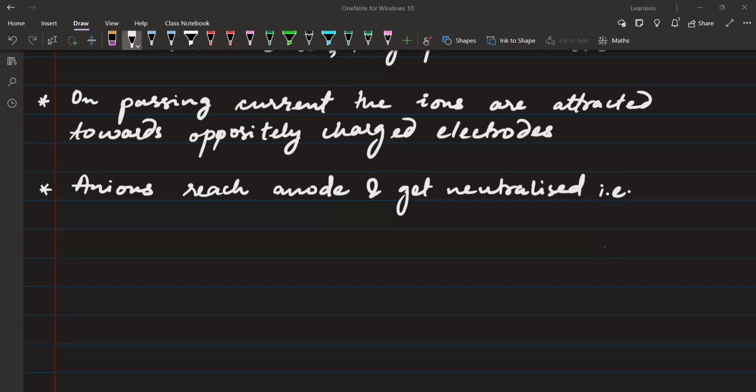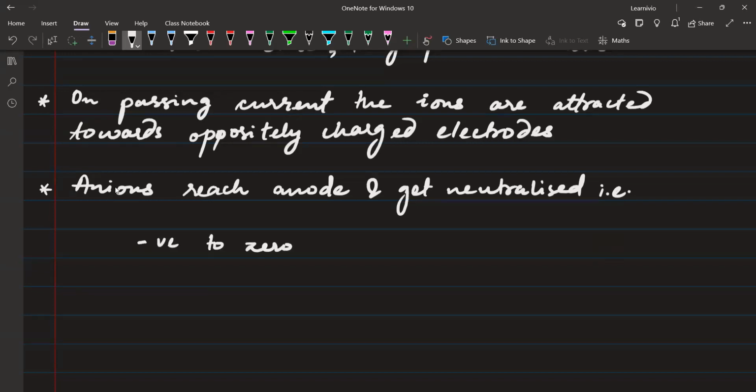Anions में क्या charge होता है? Negative. Very good. Negative charge. And when it will get neutralized, what will be the charge on that species? जब anion neutralize हो जाएगा, तो what will be the charge? Neutral में क्या charge होगा? 0. Yes, sir. I hope है ना 0. So negative से